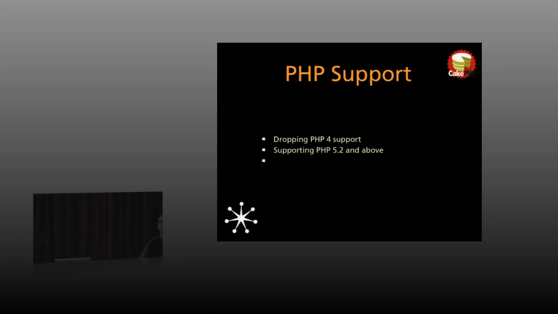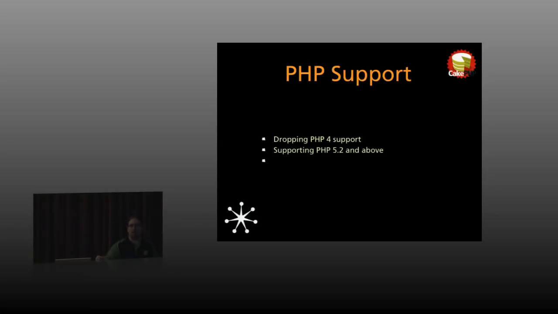Now, the question I'm anticipating from people is, why 5.2 when 5.2 has reached its end of life? And we don't want to just jump to the most current. Jumping to the most current would be great to support the latest current stable PHP, but we've got such a large user base, so many tens of thousands of people out there developing for companies, and they have many sites and legacy code themselves, that we need to move with the user base but push that envelope, push as far forward as we can. So 5.2 and above is the planned support for CakePHP 2.0.